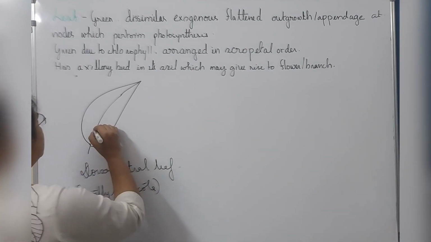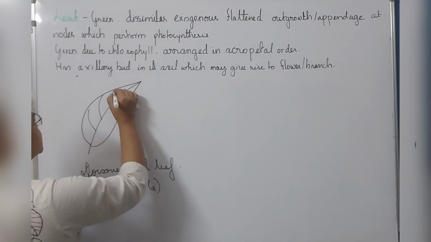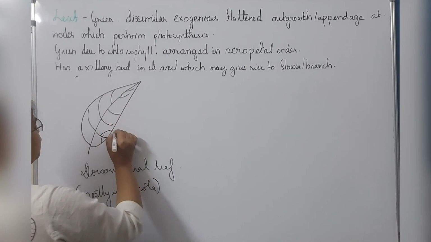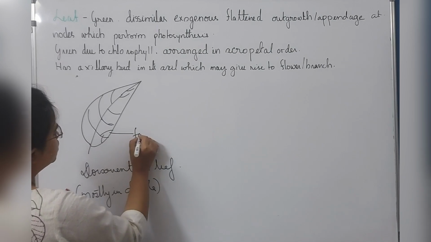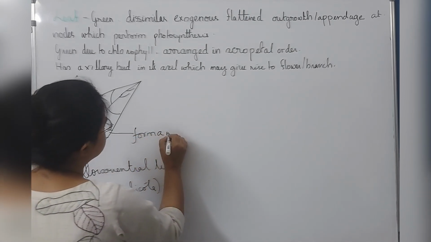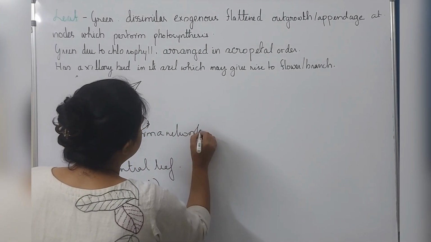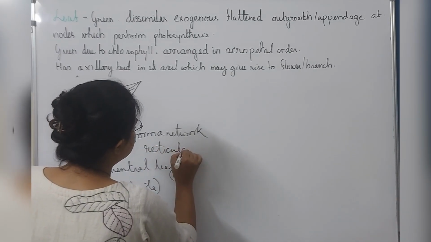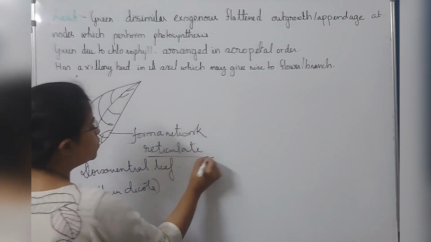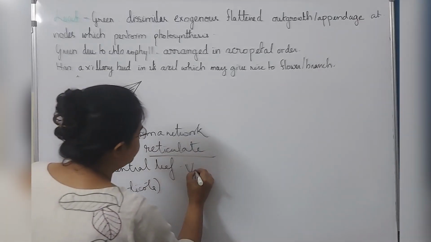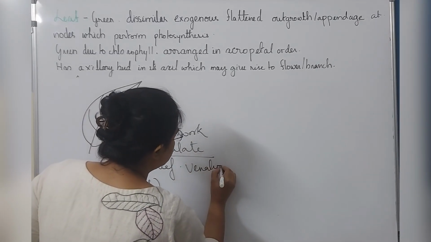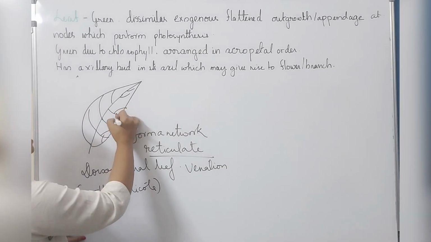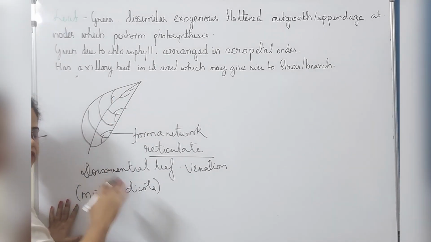Okay. यहाँ पे there is one midrib and there are small veinlets, और ये एक नेटवर्क फॉर्म करते हैं। They form a network. Such a network is called reticulate venation. ये हमें dorsoventral leaf in dicots पे अधिकतर देखने को मिलता है where the vein and the veinlets are forming